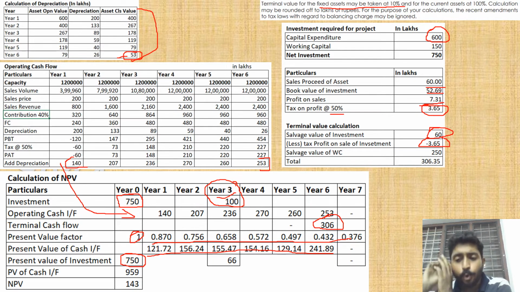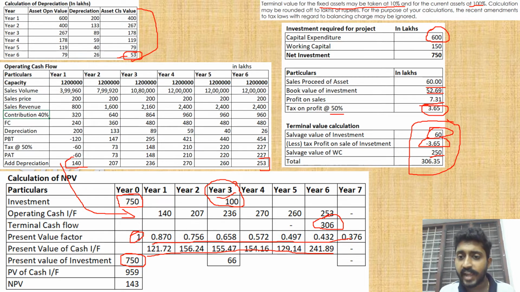Working capital mostly 100% will be liquidated. So current assets can be, terminal value is 100%. So 250 lakhs you can get in the last year. Okay, so in the year 6, when you are closing the project and you are liquidating, you will get the cash flow of 306.35 lakhs. So 306 I am taking it to the year 6 and I am applying the present value factor